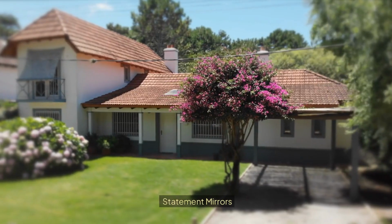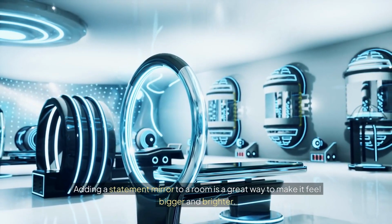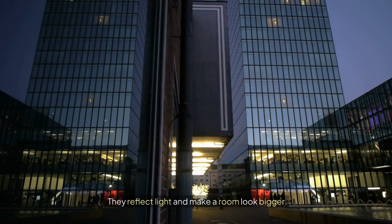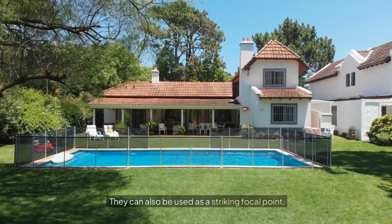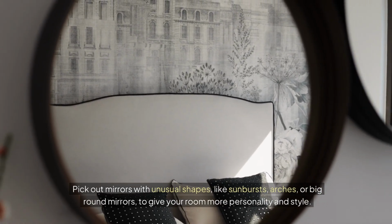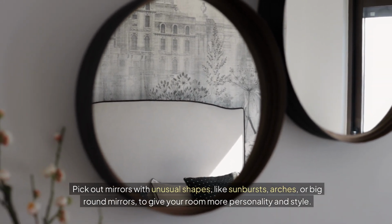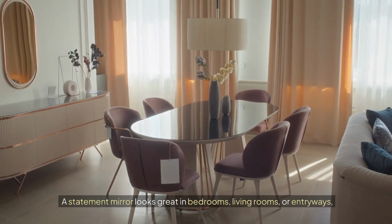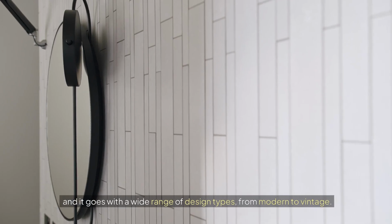Statement mirrors. Adding a statement mirror to a room is a great way to make it feel bigger and brighter. They reflect light and make a room look bigger. They can also be used as a striking focal point. Pick out mirrors with unusual shapes, like sunbursts, arches, or big round mirrors, to give your room more personality and style. A statement mirror looks great in bedrooms, living rooms, or entryways,